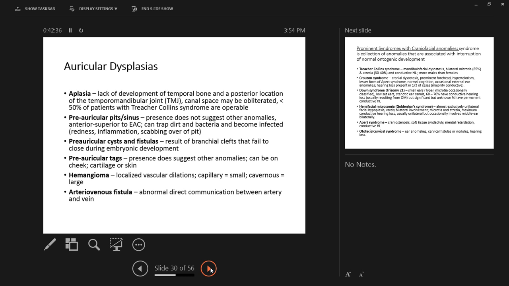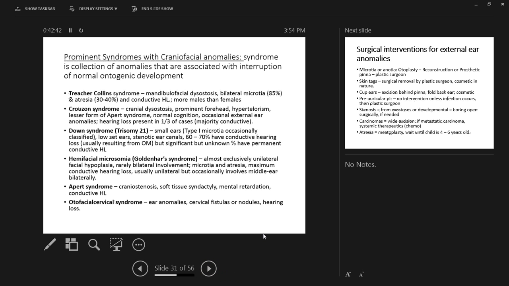Auricular dysplasias, I actually talked about this. This is a repeat slide, sorry. Here's something I want you to have some familiarity with. I'm not asking you to memorize it, but just to get a sense for what some of the prominent syndromes